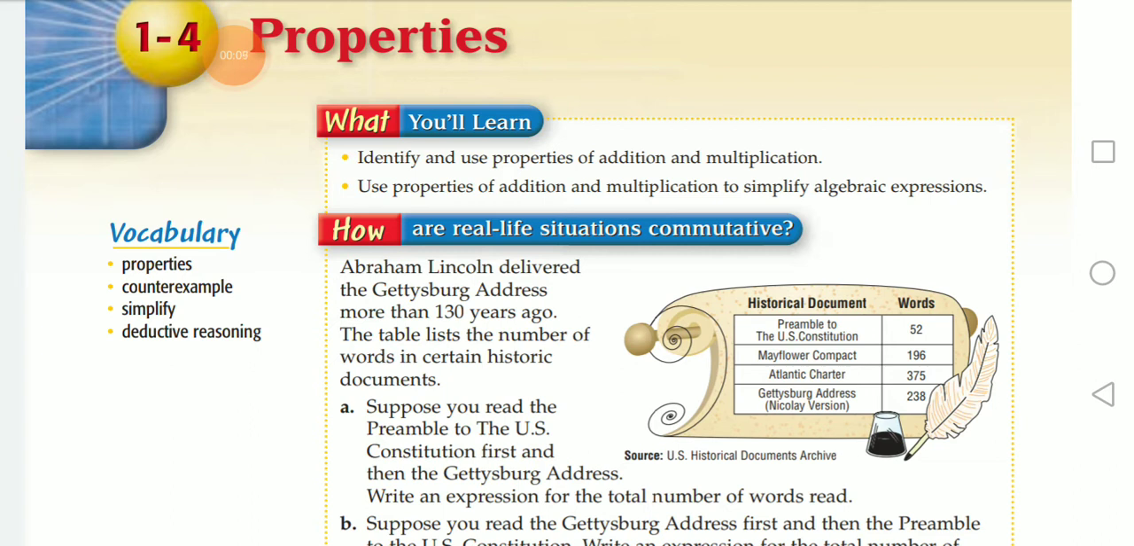What you will learn, the objectives of this lesson. By the end of the lesson, you should be able to identify